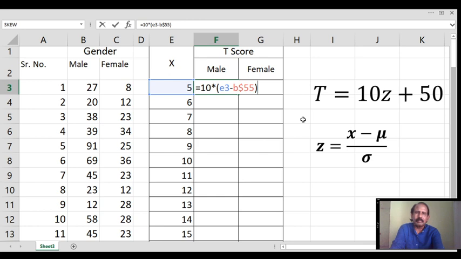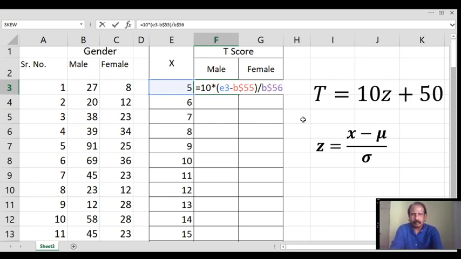Now this is to be divided by standard deviation. So for division we put here slash, and the standard deviation is to be used here, and the same is found in B56, and this standard deviation will also be used to find out the T-scores of all the remaining numbers. So it will be common for all the numbers. So we have to freeze this address also. So after B we will put here dollar sign, then we write here 56.